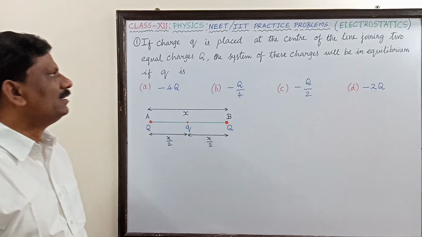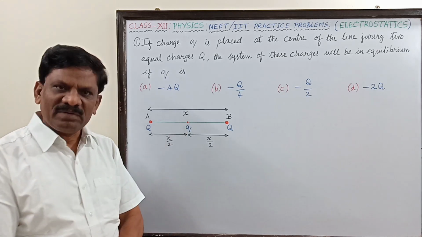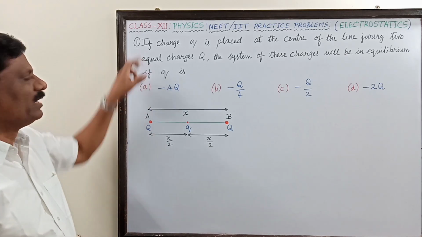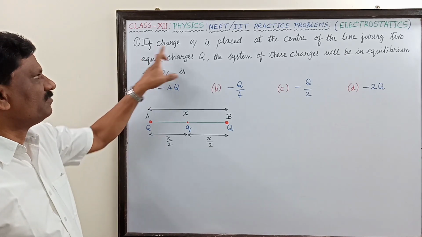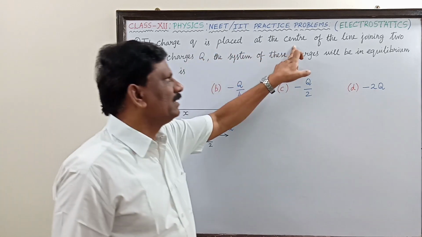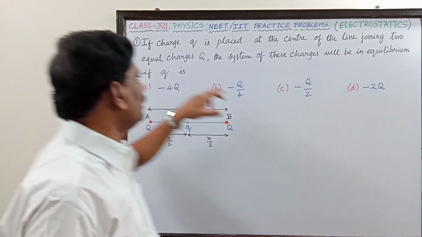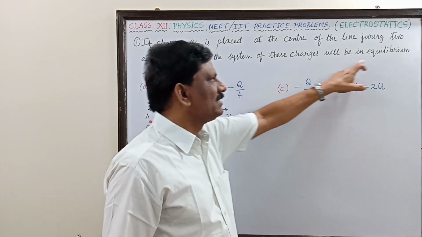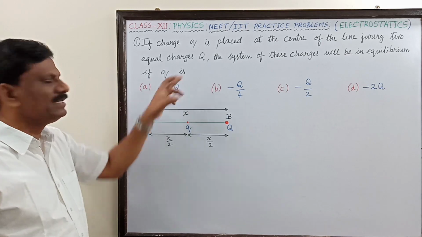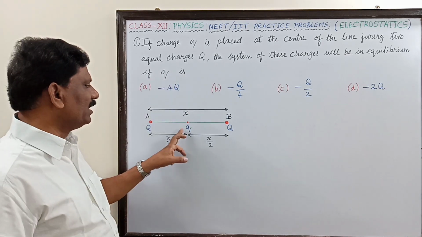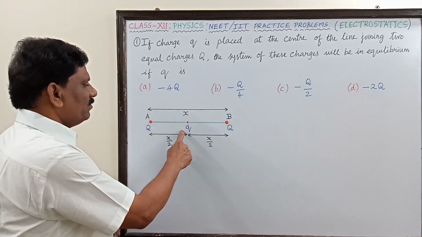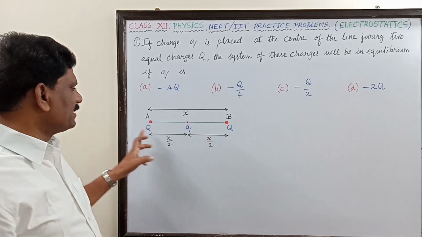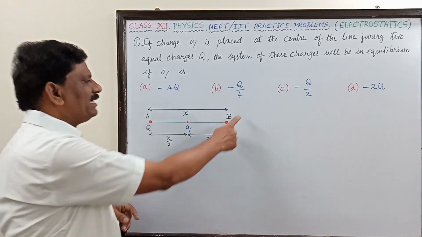Hi students, now we are going to solve the multiple choice questions in the chapter Electrostatics, MCQ number 1. If charge Q is placed at the center of the line joining two equal charges Q, the system of these charges will be in equilibrium if Q is equal to, that is the value of small q we have to find out. So q is placed between two similar charges, capital Q and capital Q, placed at points A and